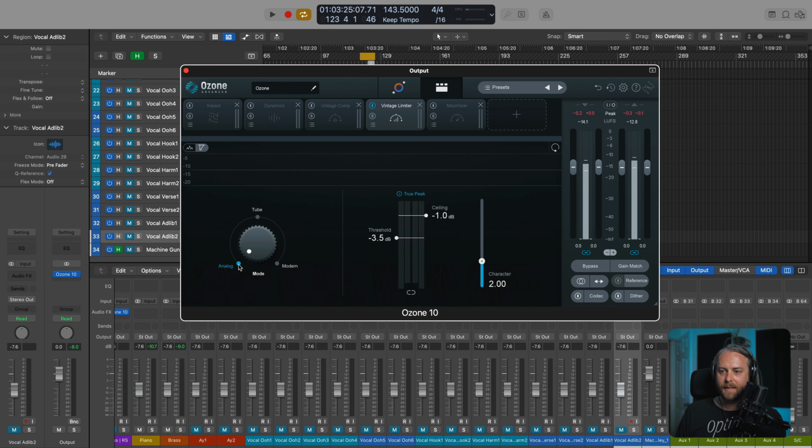For analog, it says tight bass response with a thick vintage limiting. For tube, we have a smooth feedback limiter with modern precision. And for modern, which is my favorite, we have vintage limiting with increased clarity and presence. So I like the top end that's retained with the modern one. But oxymoronic, isn't it? A modern mode and a vintage compressor. Anyway. Let's cycle between those.